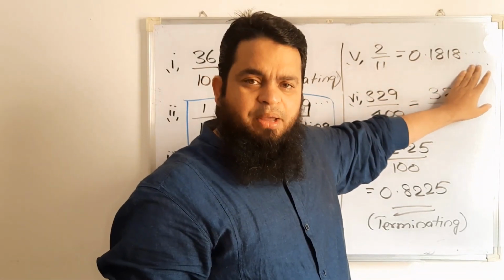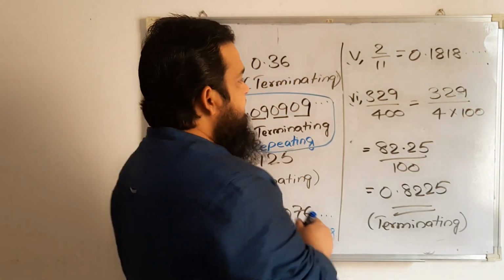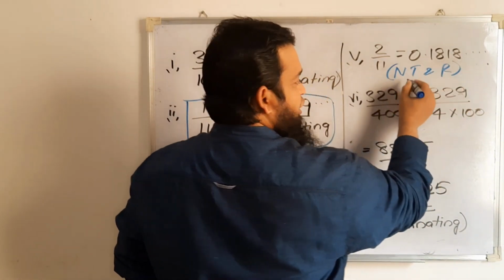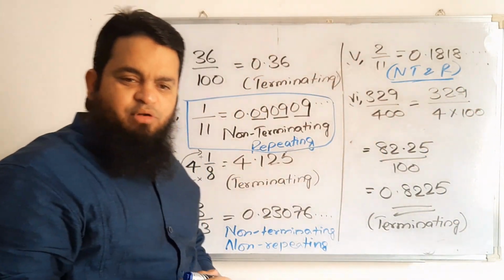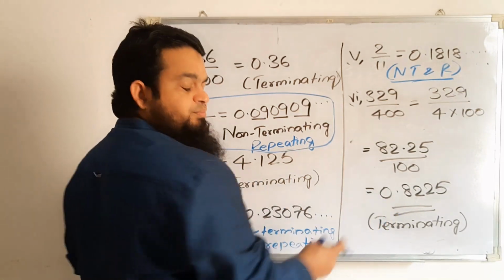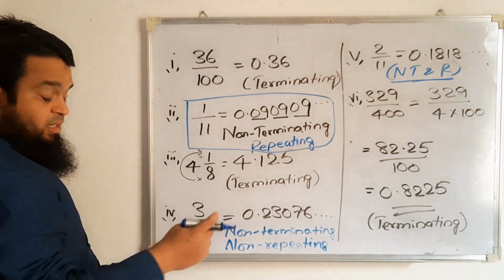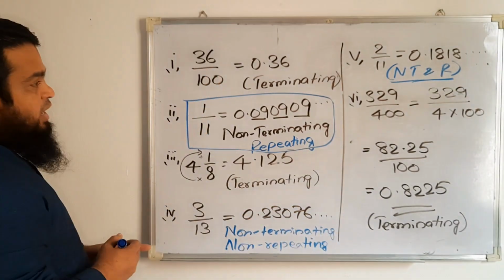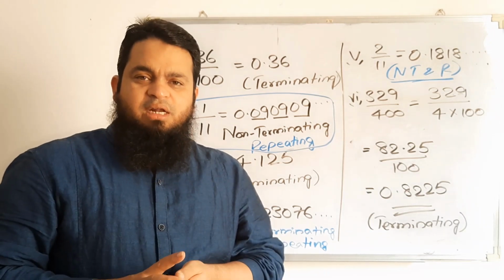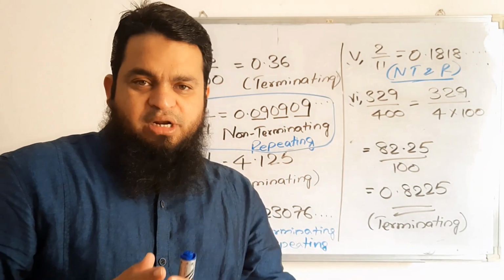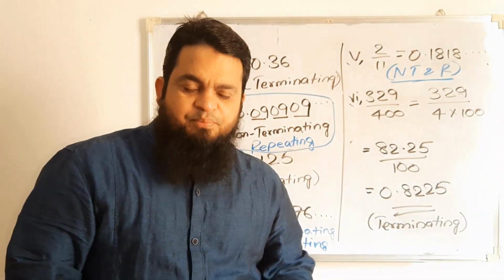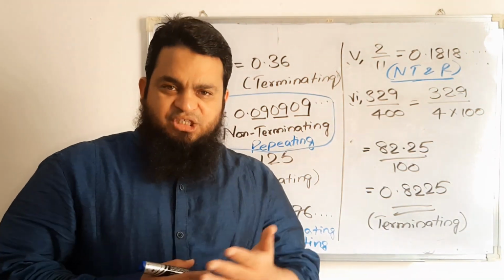0.181818. Can you please try? Yes, it is non-terminating and repeating. Okay, you should not write like this in the examination. You have to write the full form, non-terminating and repeating. In the same way, here it is terminating. There will not be repeat. Okay, understood now? So this is how we have to classify the decimals. We have to change into decimals, and we have to write the type of decimals. Understood? So let us see in the next video the next question, second question.